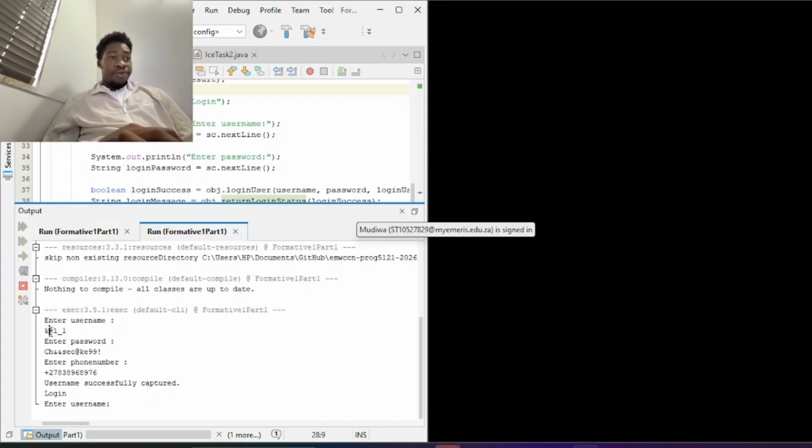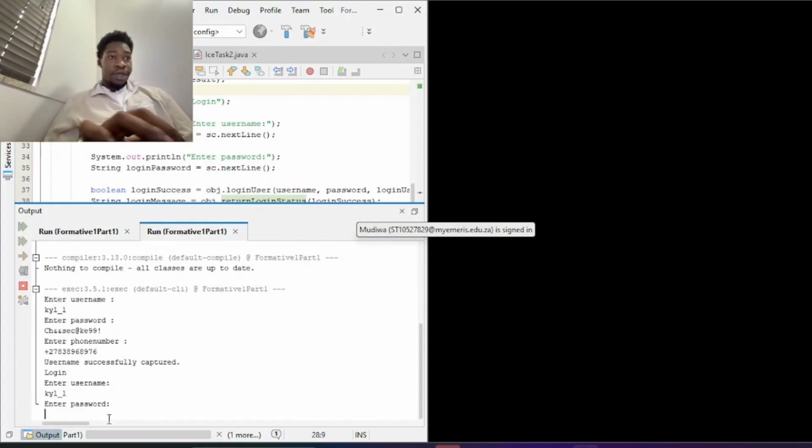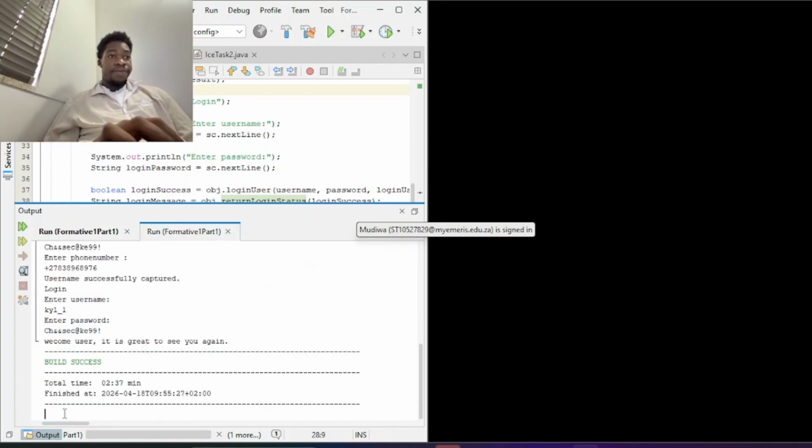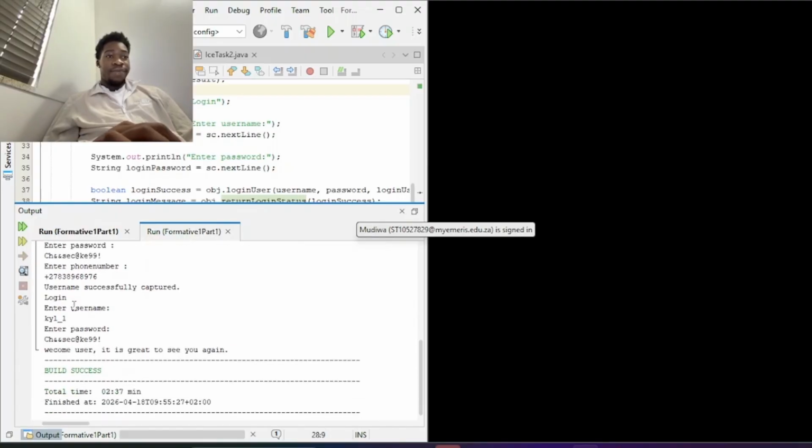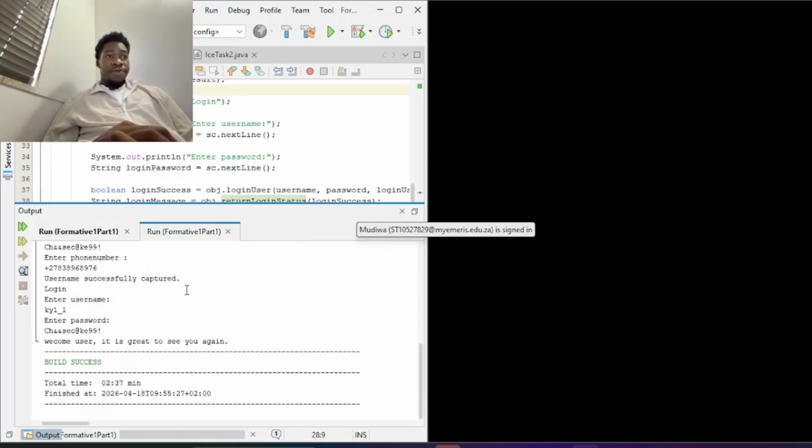So if we copy the username, enter, copy the password, enter. There we go. Welcome user, it is great to see you again. This is the case when a user has entered all details with all correct formatting. Now I'll be demonstrating